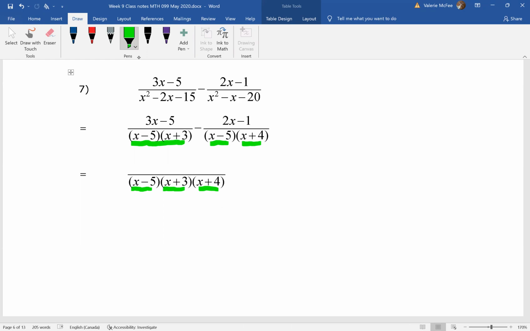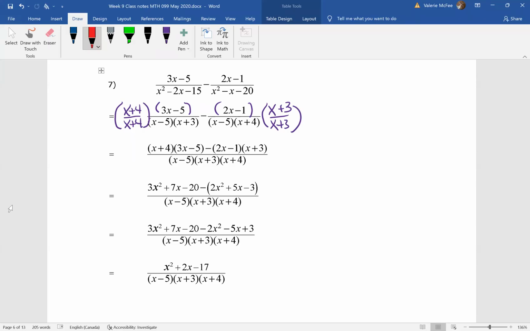Make sure you leave your answer in factored form. So again, you multiplied each term by its missing factors, x plus 4 in the first term and x plus 3 in the second term. You remembered there was this subtraction sign, so you had to be subtracting this entire product, and you finished up here, x squared plus 2x minus 17 all over the lowest common multiple of the denominators. And looking at our factors in the denominator, we see that x cannot equal 5, negative 3,